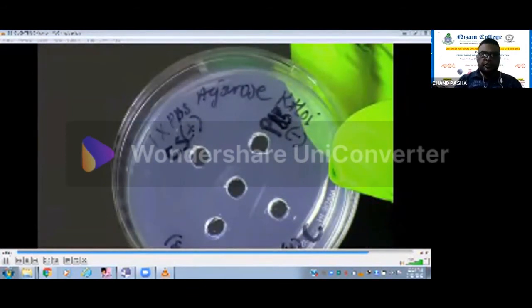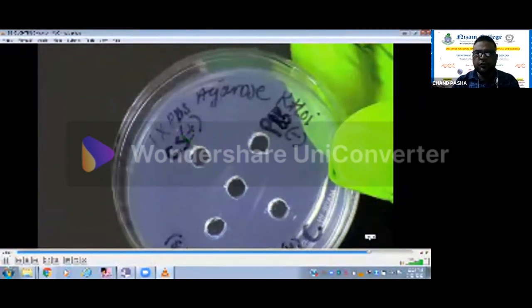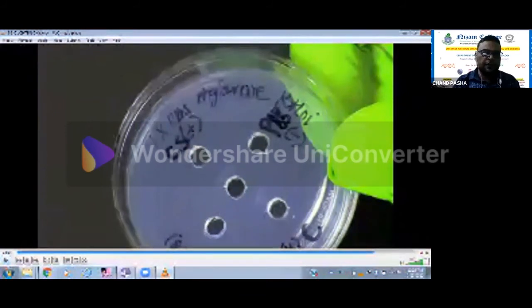Yeah, after incubation, like earlier, for all antigen-antibody reactions, you need to incubate in moist conditions overnight. And as both these things are migrating, overnight is quite enough. But when it is a single diffusion, then you need to go for at least 24 to 36 or 48 hours also. But in this case, overnight is quite enough.